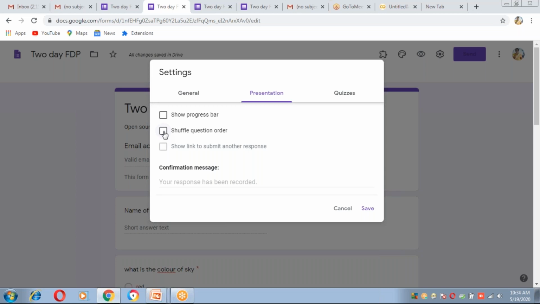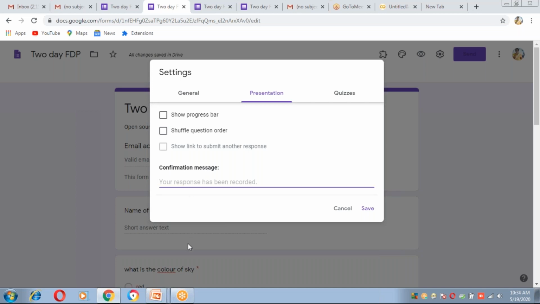Shuffle question order means, for example, for one participant question number 1 is what is the color of sky, and for the second participant the question is which of the following is a four-wheeler. And this is the confirmation message.